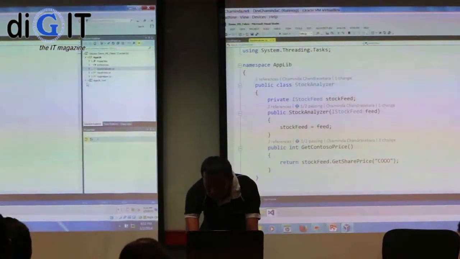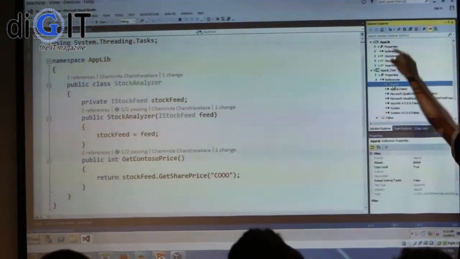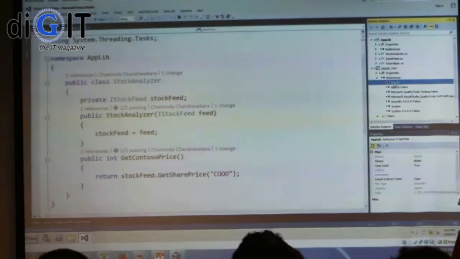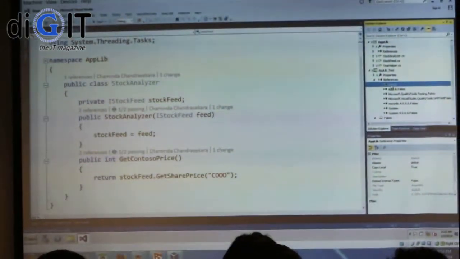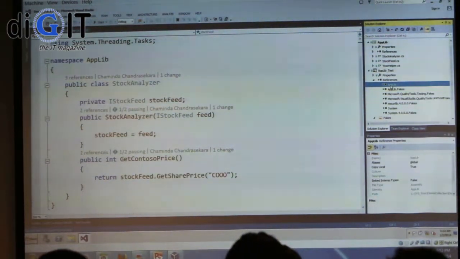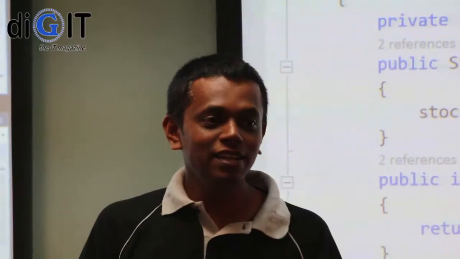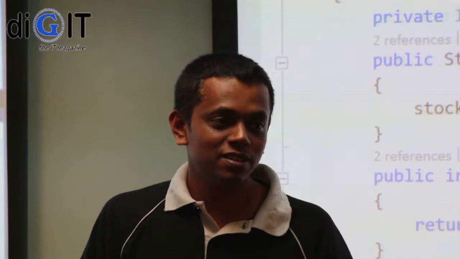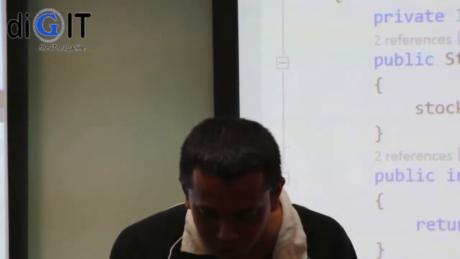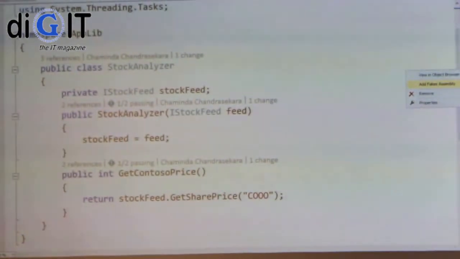First, how to add fakes. Now, when you have this applet, if you want to create a fakes assembly for this, how can you do that? Anybody? Right click, add fake. Simple as that. It will generate code for fakes. I won't do it, I will just show you. So it will generate fakes,